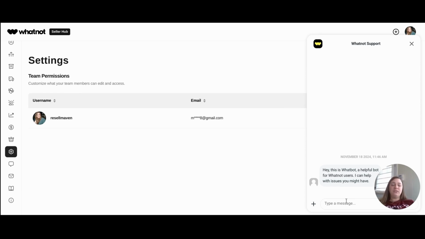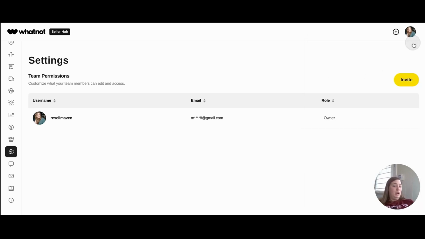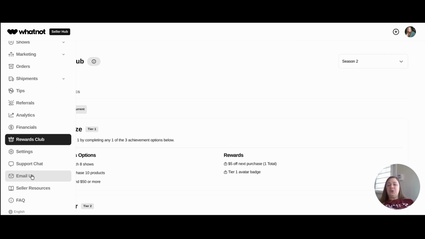It is not helpful. Nine times out of 10, they are just referring me to a customer support agent and creating a ticket for me. This has never helped me. Not one single time. It may help you, it has never helped me. And then you can always do the email us. If you click this, it's going to open up an email page. I'm not going to click on that, but it does allow you to create an actual ticket where you can